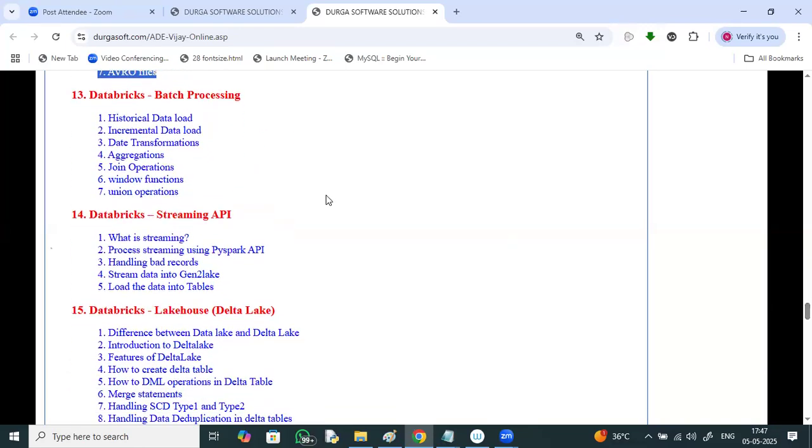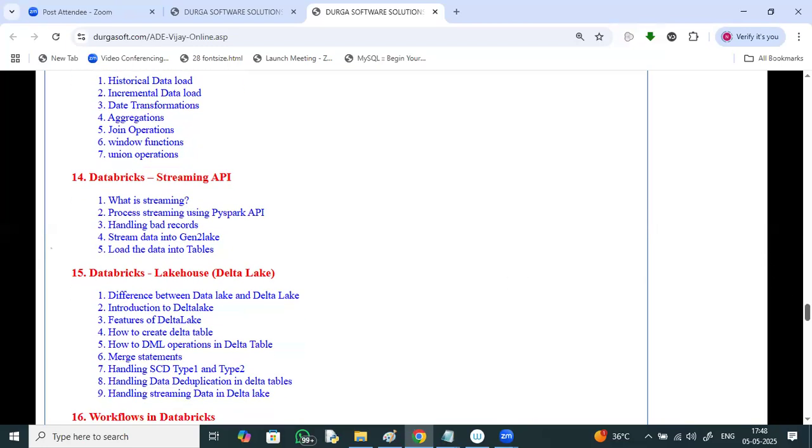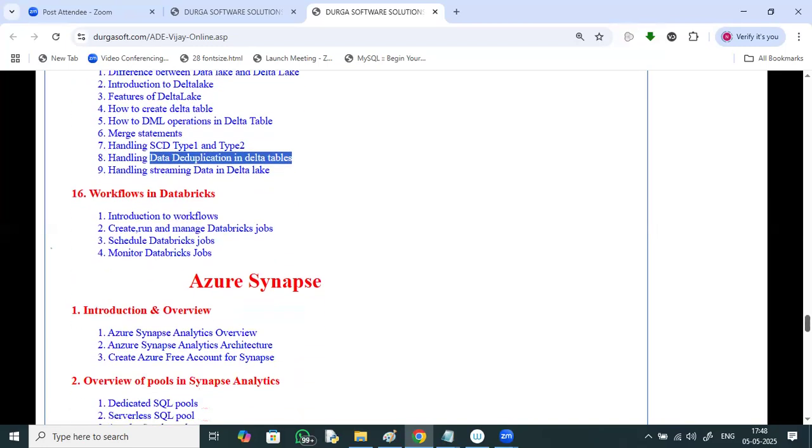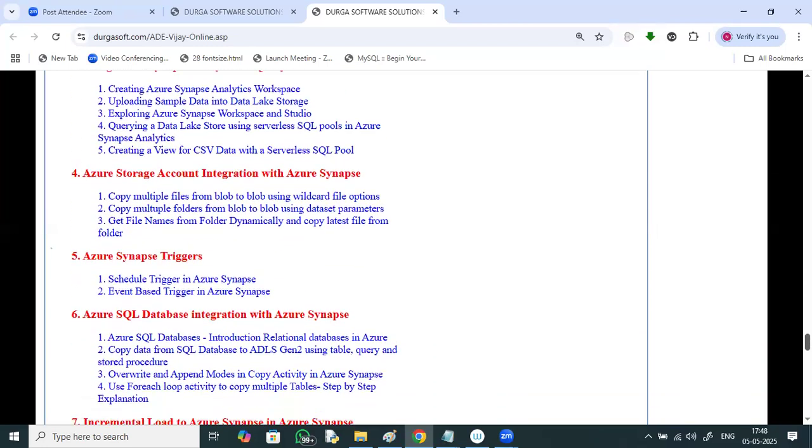Databricks batch processing, historical data load, incremental data load, aggregations, join operations, windows, union, the streaming process using PySpark, handling bad records, differences between data lake and delta lake, introduction to delta lake, features of delta lake, handling SCD type 1, type 2, handling data deduplication, workflows, handling jobs, creating, running, and managing Databricks jobs, scheduling Databricks jobs, monitoring Databricks. And Azure Synapse, you can just check with this. In brief, we'll be discussing all this.